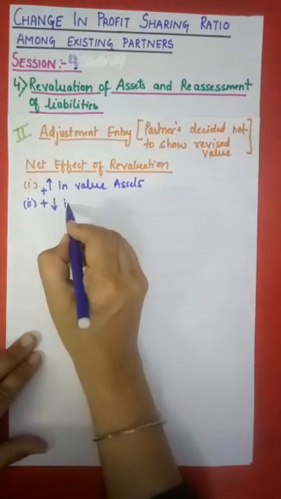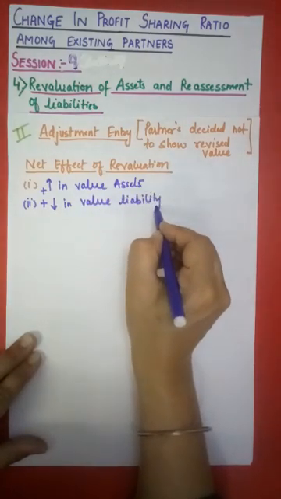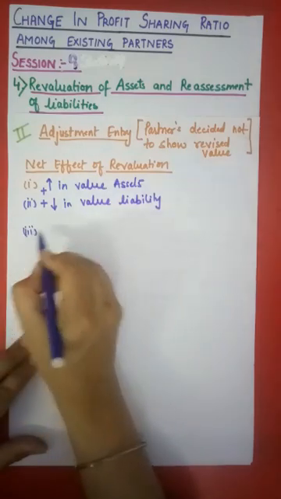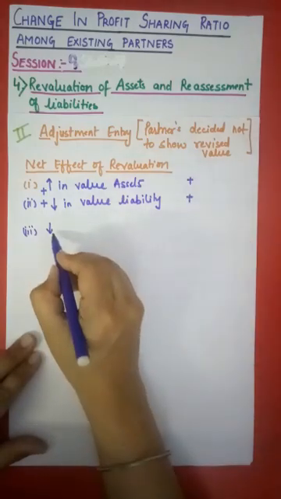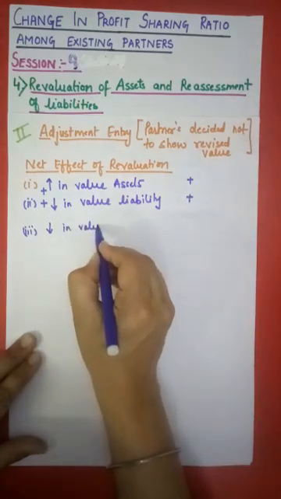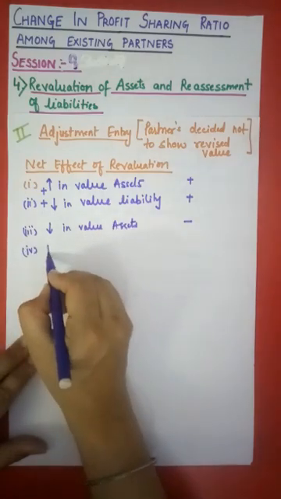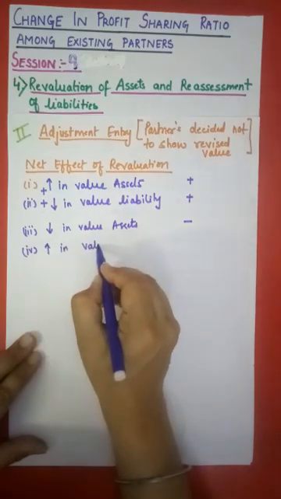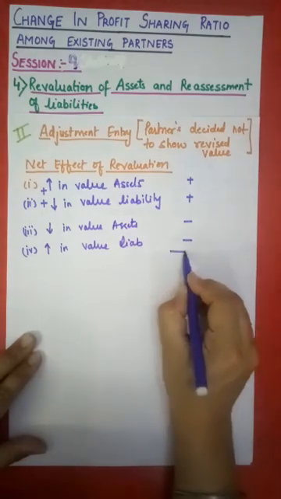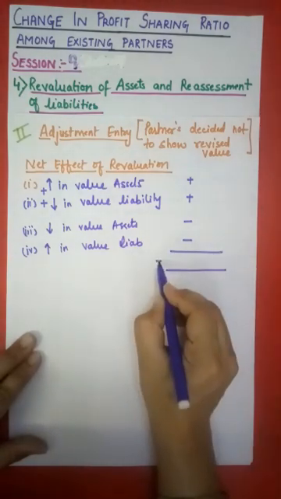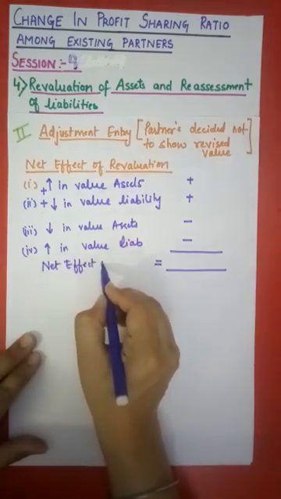We will also add any decrease in the value of liability, because it is a profit for the business. These are positive points. If there is any decrease in the value of an asset, it will be deducted because it's a loss for the business. If there is any increase in the value of liability, then again it's a loss for the business. So after doing all these adjustments, whatever amount we are left with is the net effect of